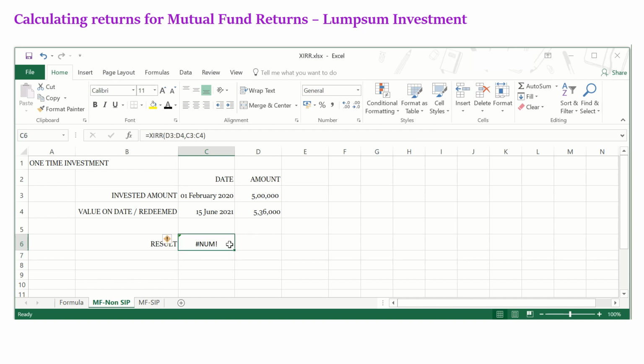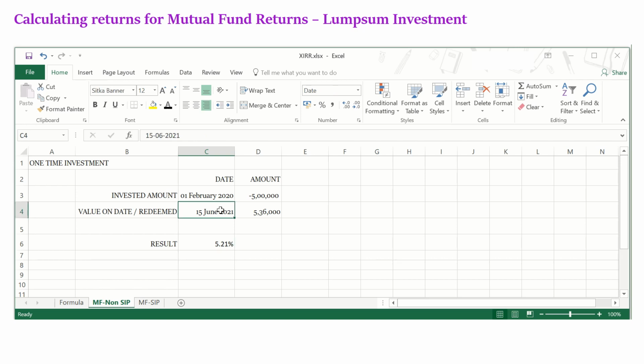This is showing a negative or an error because the outgo was not entered as negative, because the invested amount is outgo from your end and it should always be negative. And we have the returns here, which is around 5%, 5.2%. This is the returns whatever you got over your investment.